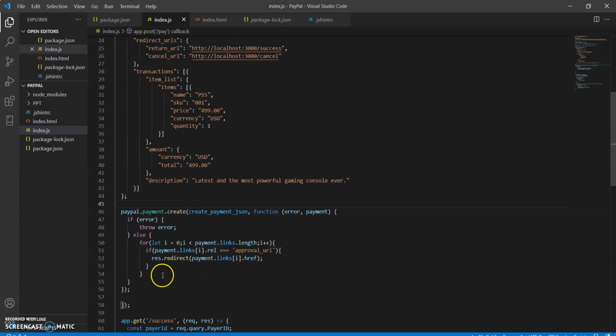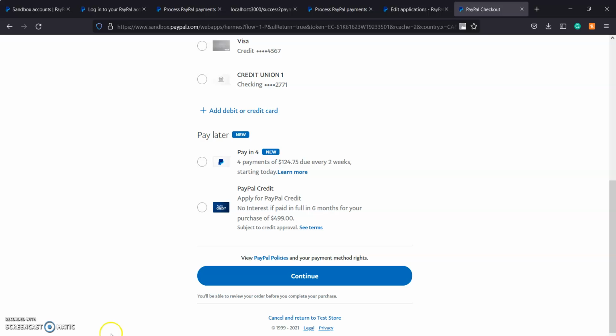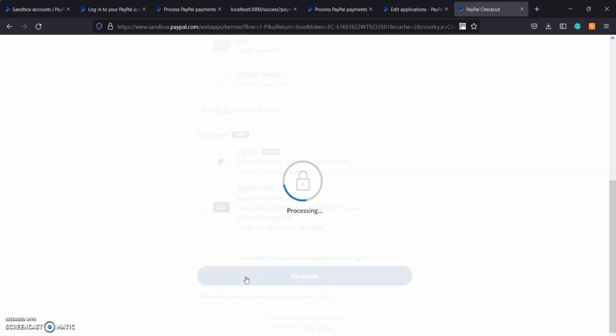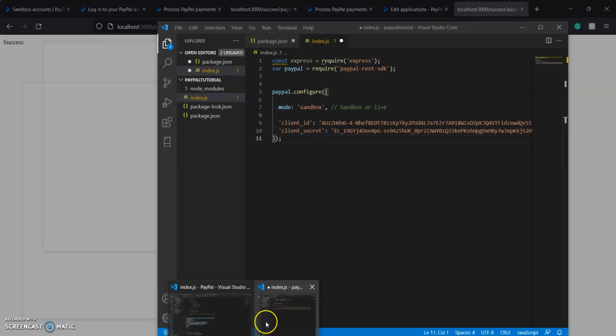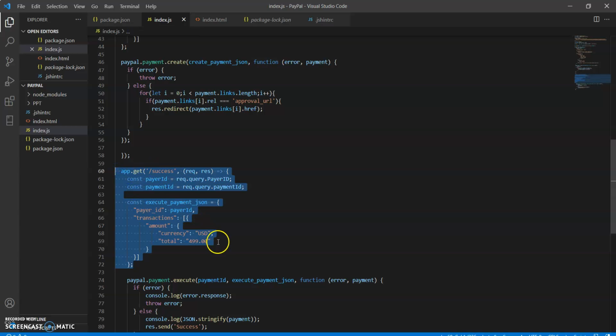Like this code, it creates the payment method, and then if we click on continue, it will show us the message success, for which here we wrote the code here. Like if the